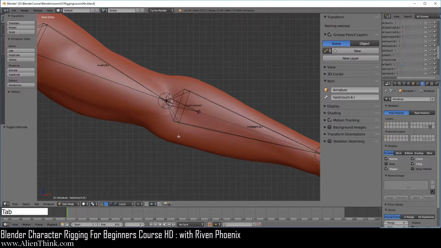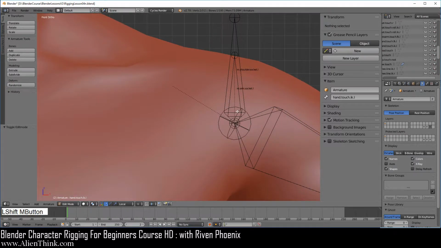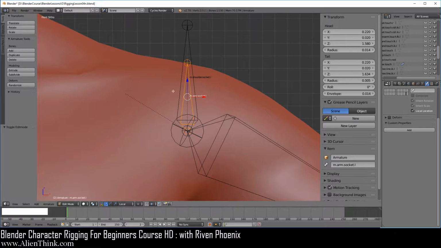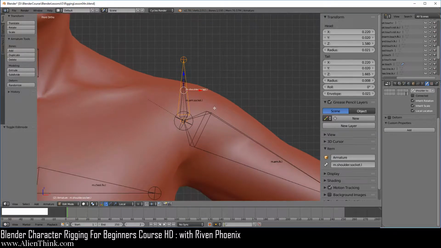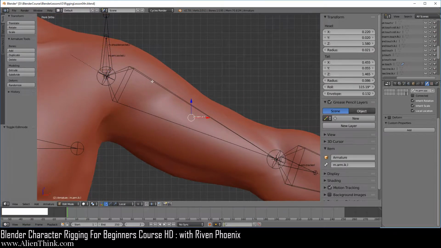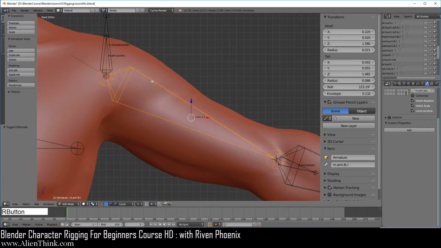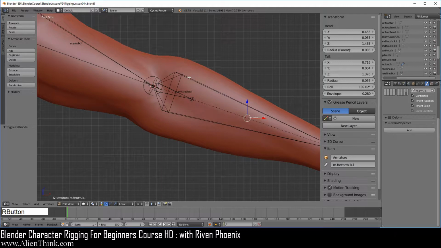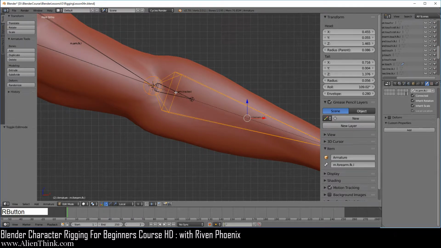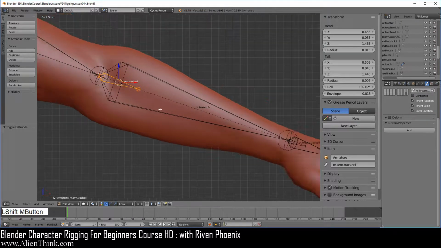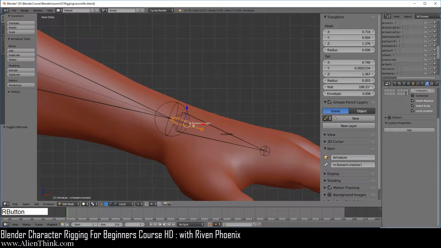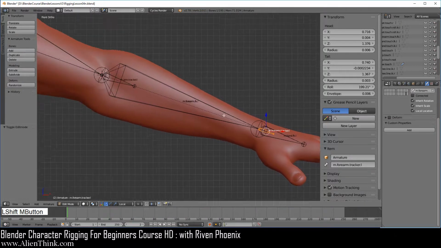I'm just going to press the tab key to go into edit mode and click on these bones. So over here, the deform is off. The deform is off. Well, you might have to click a couple of times over here to get to all the bones. The deform is off. This one, and over here, the deform is off.